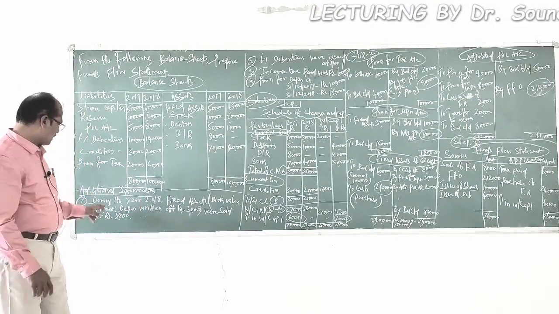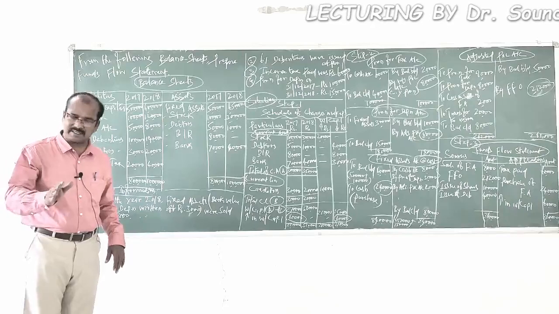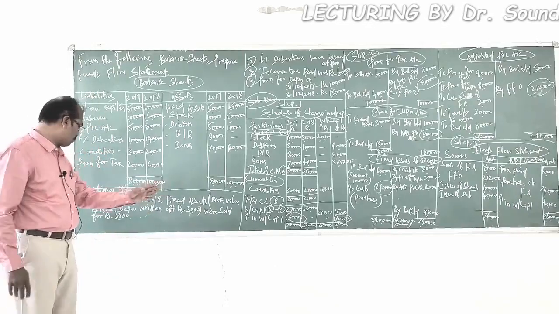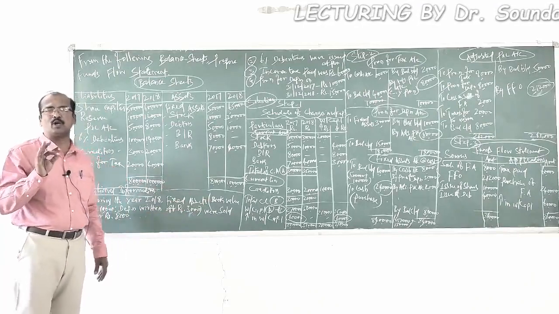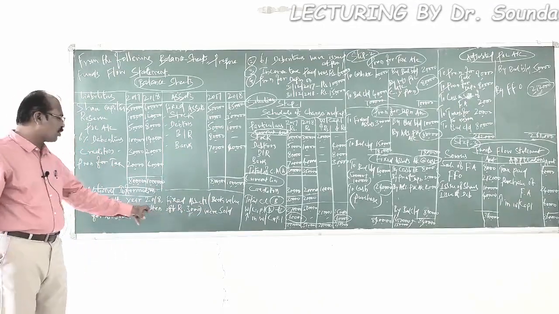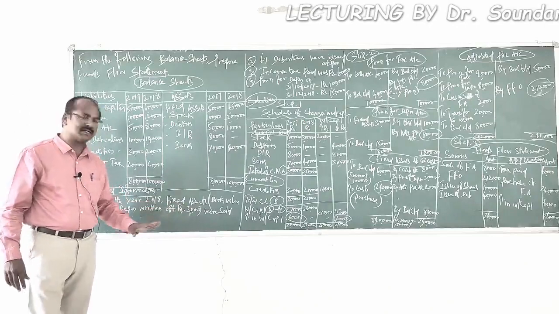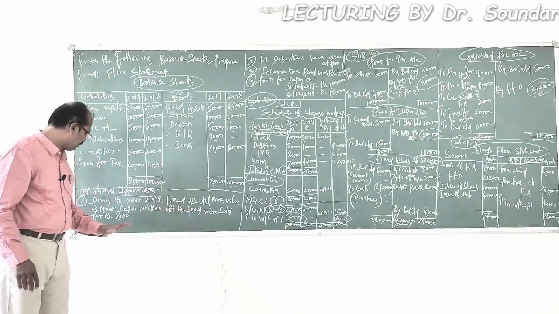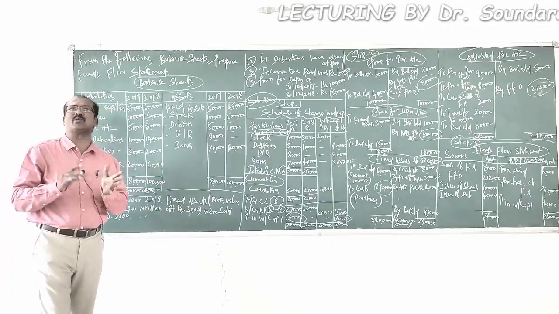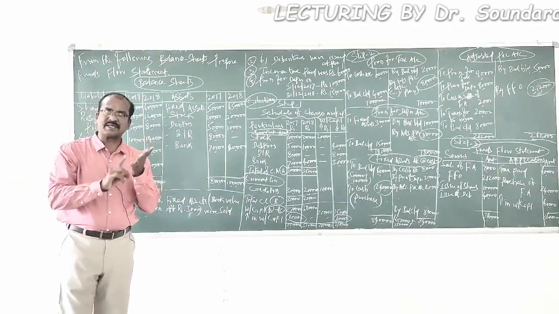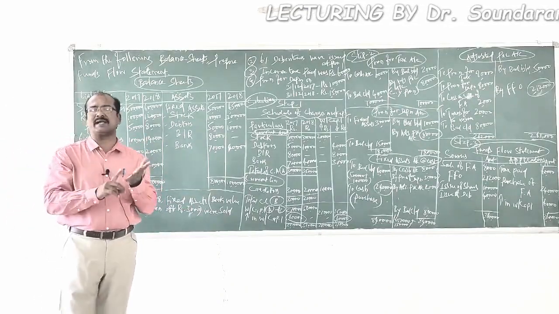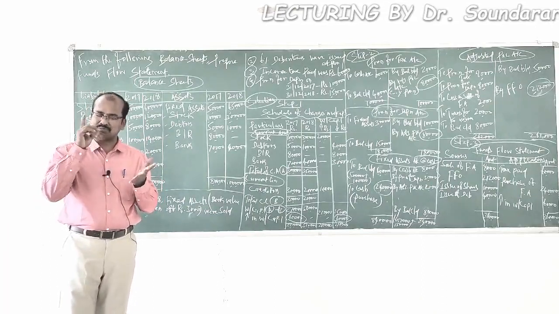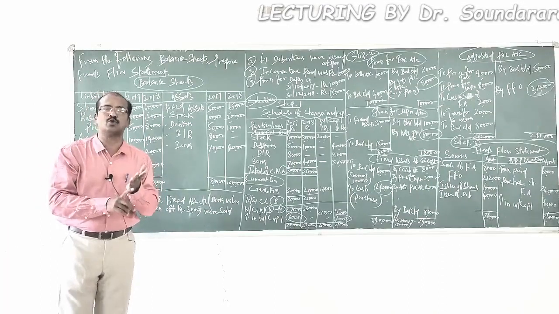Number 1, during the year 2018, that's the current year, fixed assets with a book value of 10,000. Please understand, it is only a book value of 10,000 rupees. Accumulated depreciation thereon is 30,000 rupees. It was sold for 8,000 rupees. Therefore, what do we understand? The fixed asset with the book value of 10,000 rupees is sold for 8,000. It has resulted in a loss of 2,000 rupees.